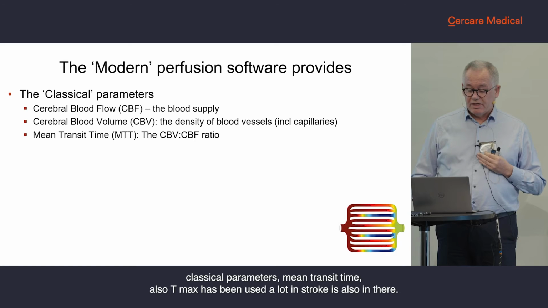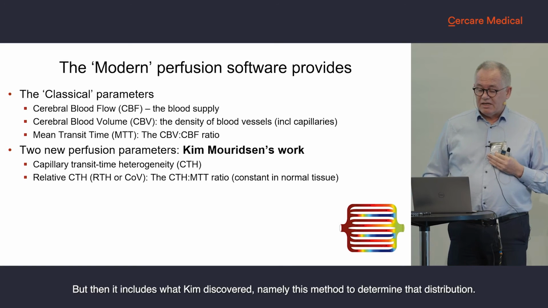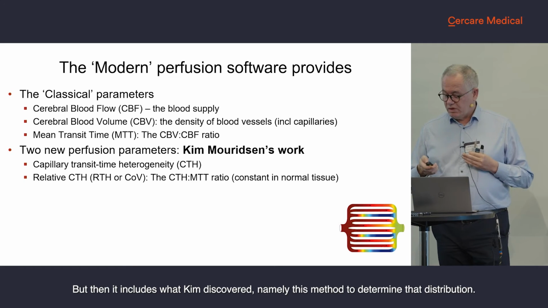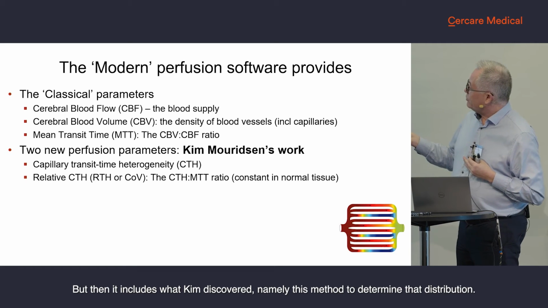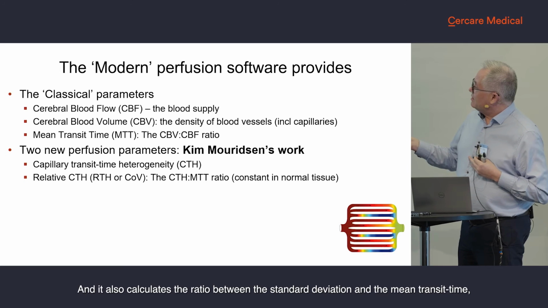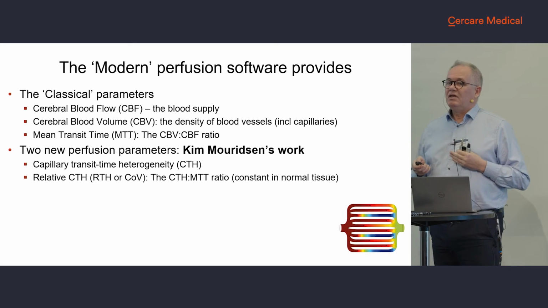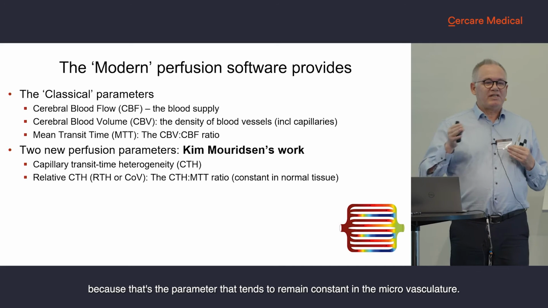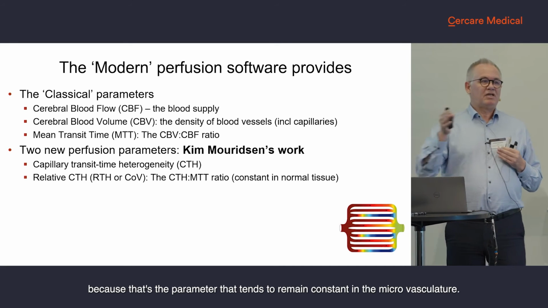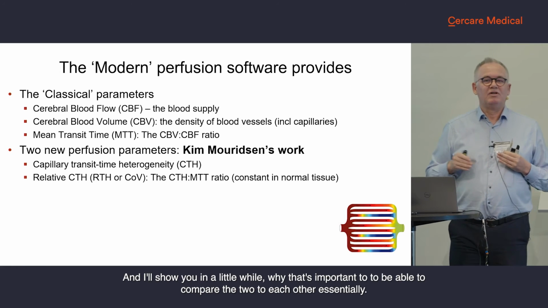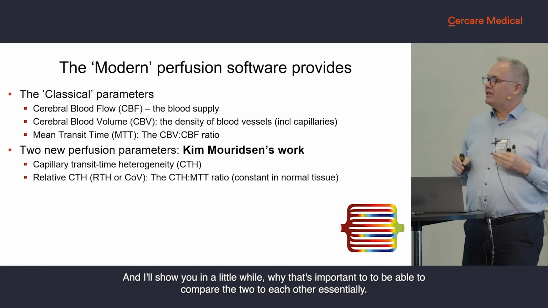But then it includes what Kim discovered, namely these methods to determine that distribution. And it also calculates the ratio between the standard deviation and the mean transit time, because that's a parameter that tends to remain constant in the microvasculature. And I'll show you in a little while why that's important